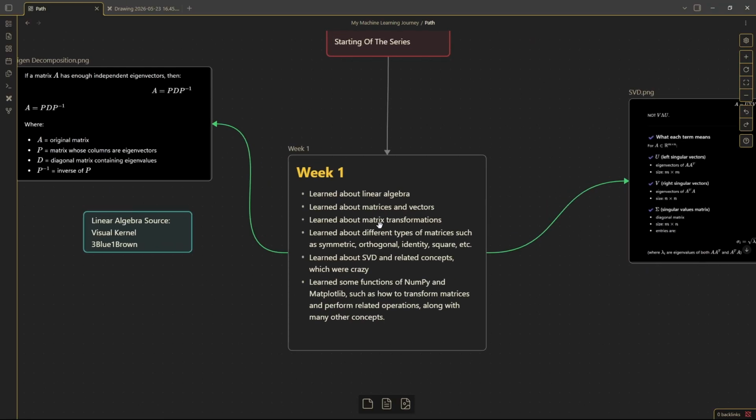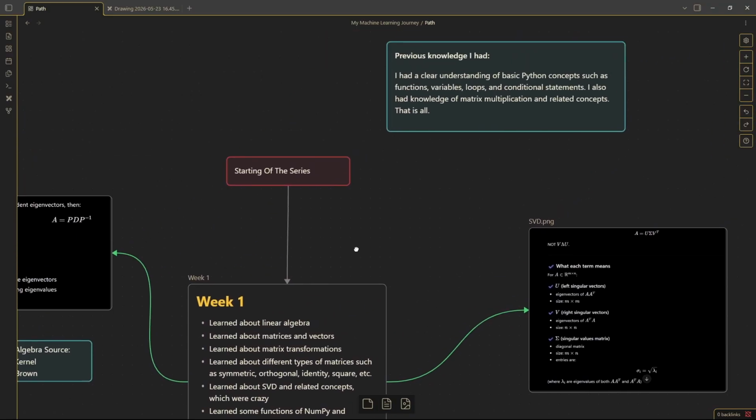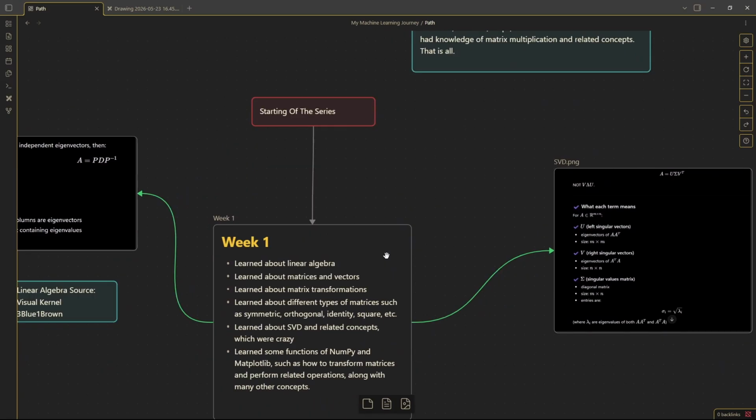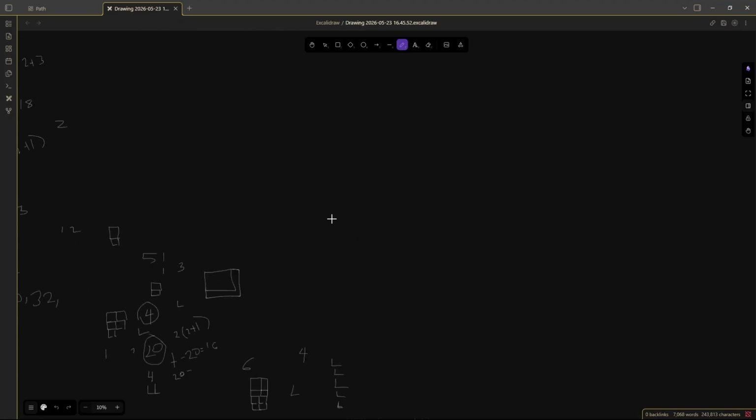I actually learned what are matrices, what are vectors. I also found the difference between them. Then I also learned about matrix transformation. Now, as I said, I had previous knowledge of linear algebra, like how to do multiplication of a matrix and so on, but I could not visualize that transformation, like how a matrix multiplies, or actually not multiplies. I learned just this previous week that matrices are never multiplied, they just transform.